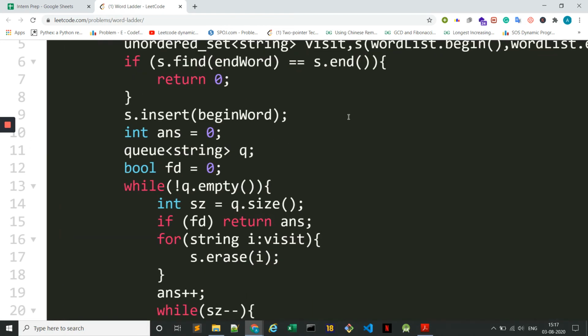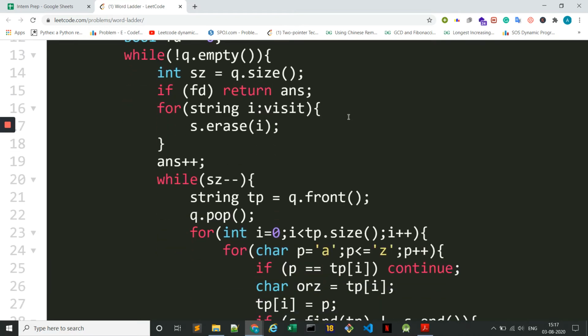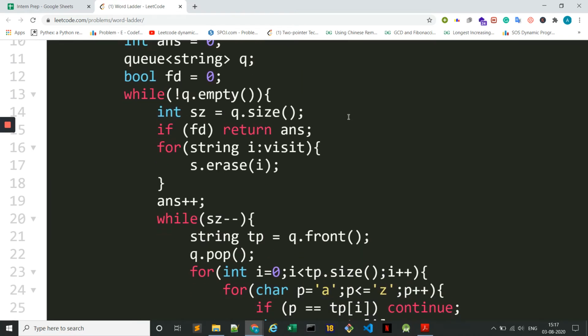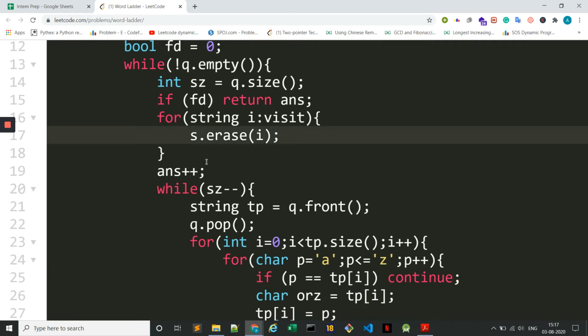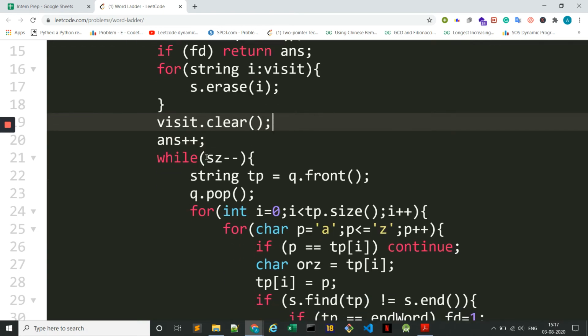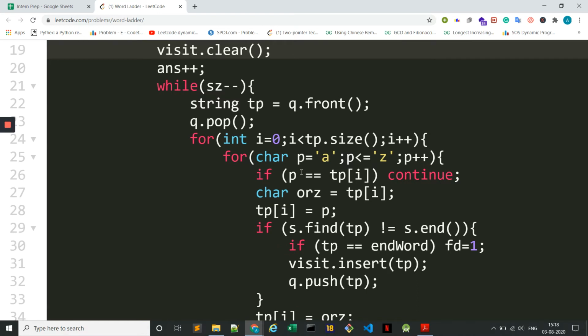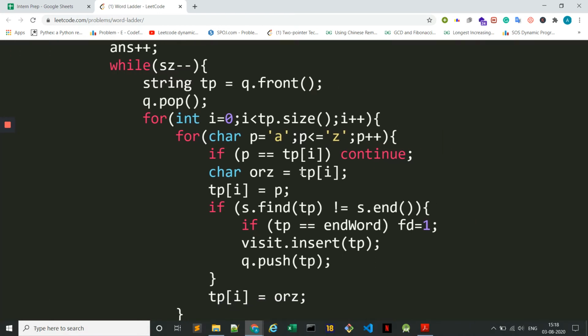So the output is 0. Why? Because this is the size. If found becomes true, then return the answer. We are not clearing the path, and then we have found the string. Transform the first character and check if it is present in the set.